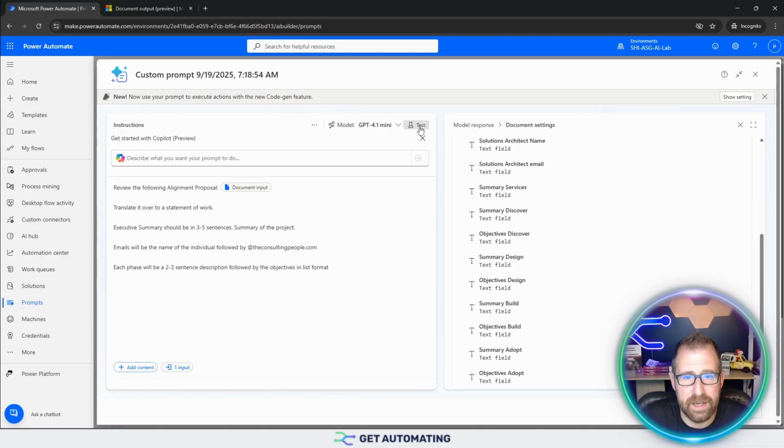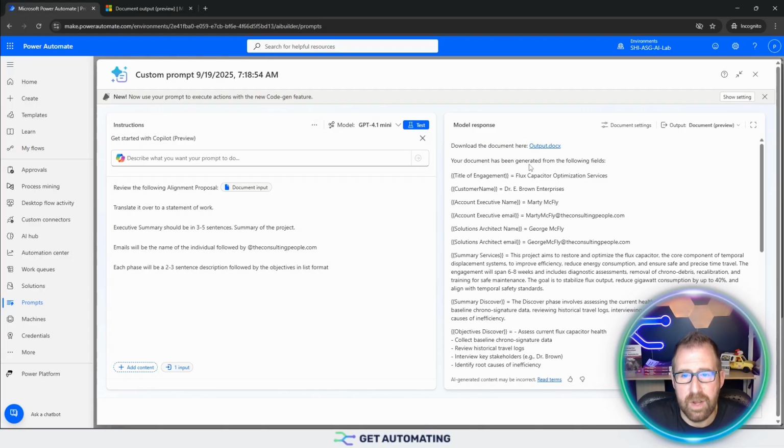So let's go ahead and test this out. And here we are. We can download the document here. But before we preview the document, let's just check this out. Your document has been generated from the following fields. So check it out. It maps it right away, shows us what that is before we even hop into the